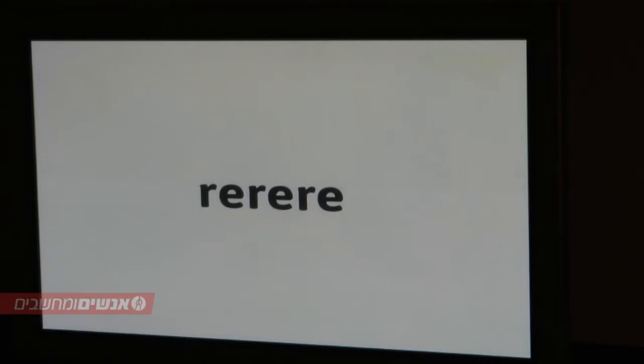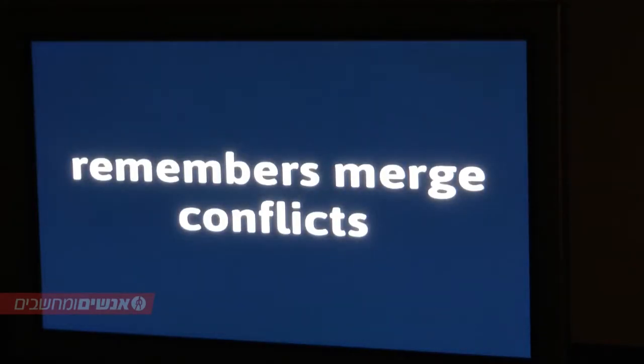Now, merge conflicts are kind of a pain, especially if you have to deal with them a lot. So there's a really awesome feature that Git has called rerere. I don't know exactly why it's called this. I'm sure there's some really clever reason, and it's documented in the man page, but I'm not entirely certain off the top of my head. But it remembers how you've solved a merge conflict. So if we were to run into that same kind of problem again, Git would remember, oh okay, he changed yay to woo and put it at the end. That's what we did.